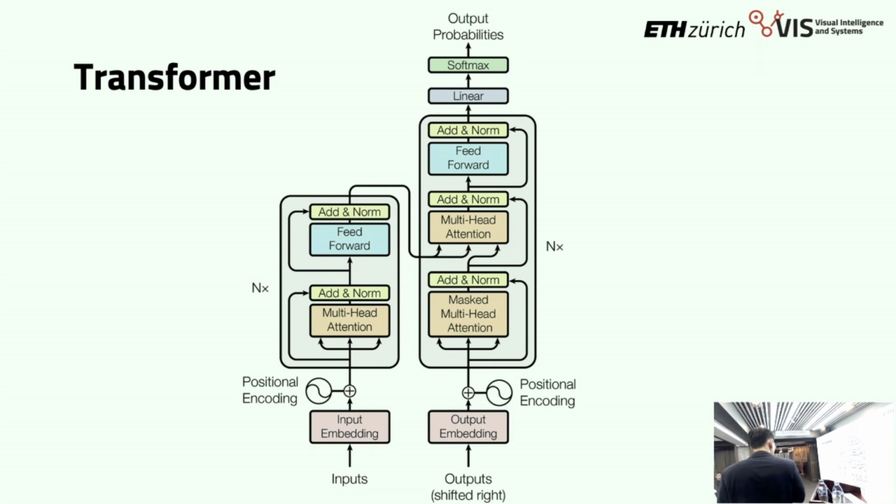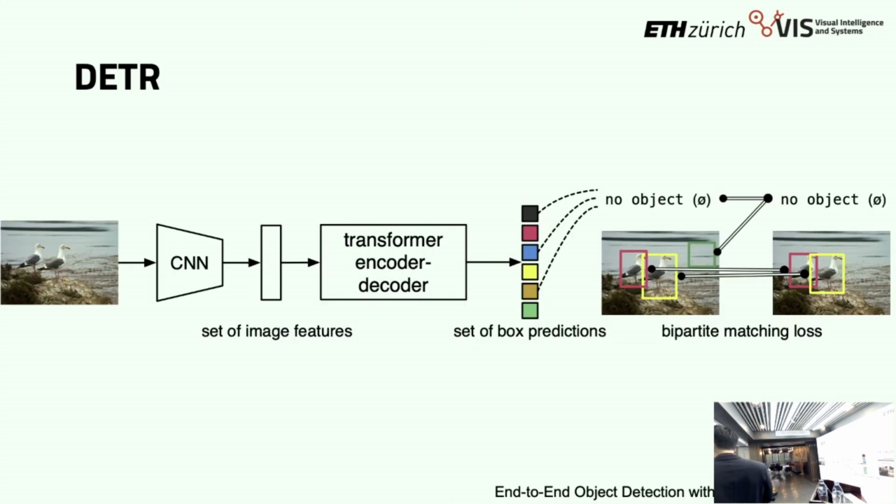So in image classification, we are only using this part, the encoder part. We only pass the input tokens into a multi-head attention and then a feed forward. We are not using the decoder part, in the sense that it has different Q, K, and V. But in detection, that turns out to be an important ingredient. Just to say that again, in classification, we are only using the encoder part. We are not using the decoder part. But in detection, it turns out that we can also find the decoder part useful, which actually gave us the